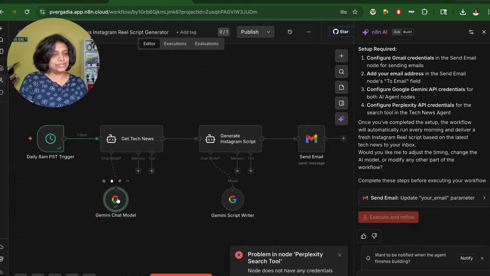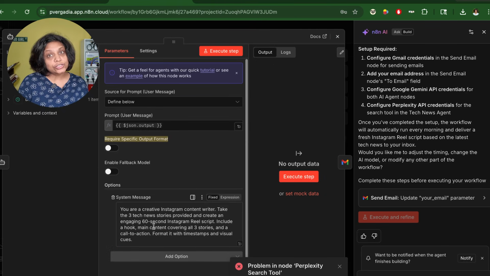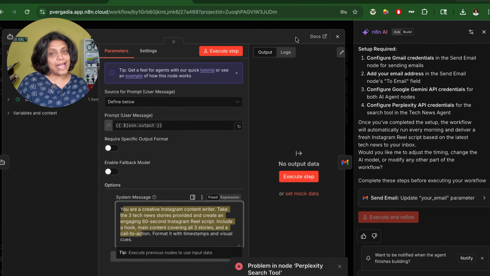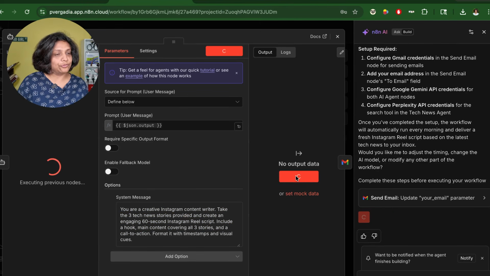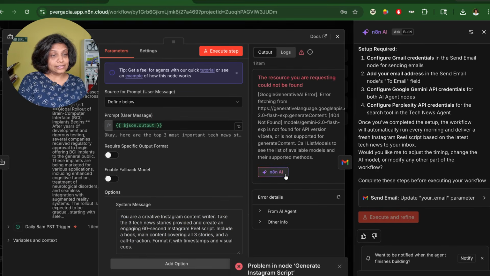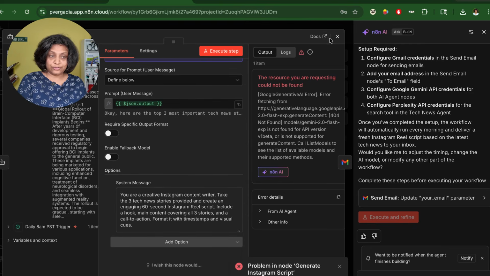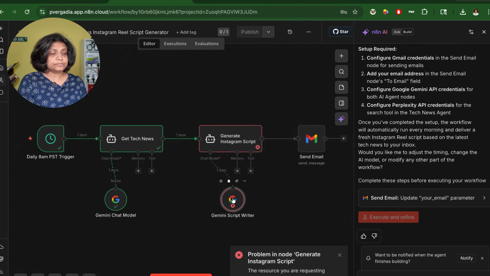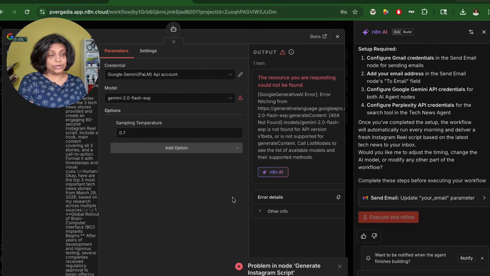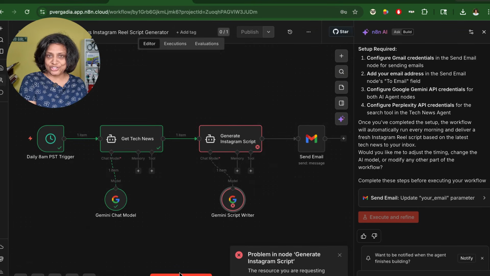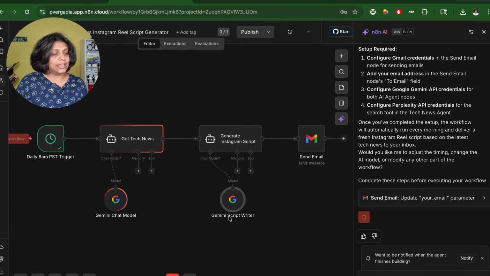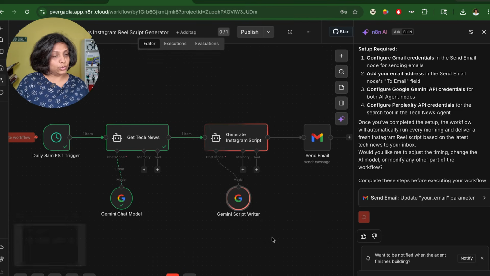Which is kind of what I asked it to do, which is perfect. I could use a different tool like a weather app or a search app separately, but I don't need to because Gemini can do that for me. Now again, it ran into resource not found because it is trying to generate the script with a model that doesn't exist. I changed the model to Gemini Flash, and hopefully it will work again.